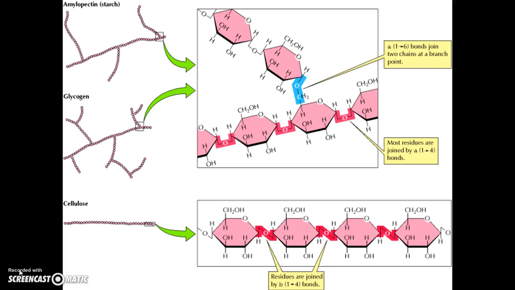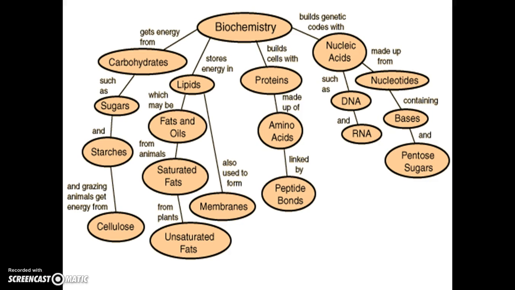So if you look at these polysaccharides, cellulose you see is a straight chain, glycogen is highly branched, and then starch has a slight branching to it. And this is just an image here showing you all those different organic molecules and where they branch off to. And at the end of this unit, it's all going to come together, and you'll see. You guys will actually be knowing all of these